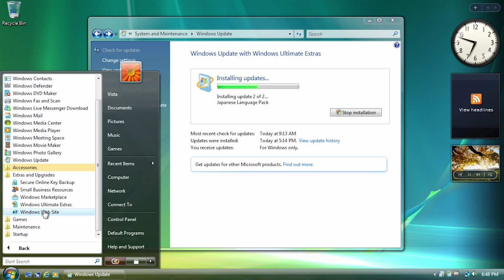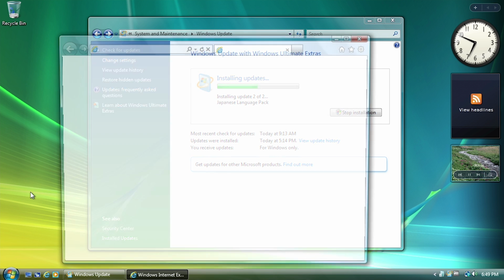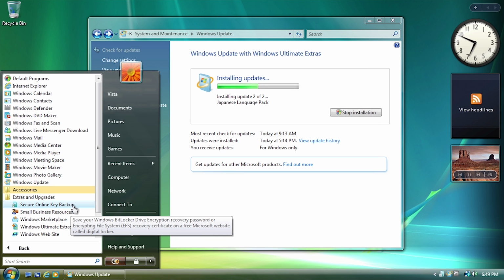So this does not group them all into one folder. Again, there are some of them here, but most of these are just links. Like you've got a link to the Windows website, a link to that page in the control panel that we just took a look at, a link to the Windows Marketplace, which we'll talk about in a moment. You have small business resources, again, another web link. If we open this up, it will open in Internet Explorer here. And the only actual program in here is the Secure Online Key Backup, which